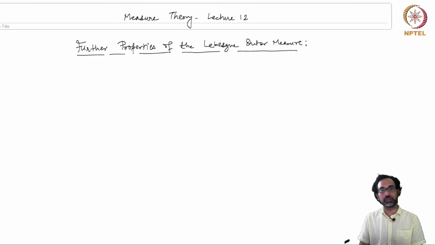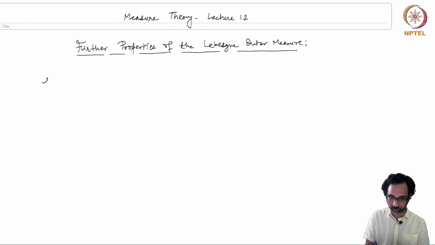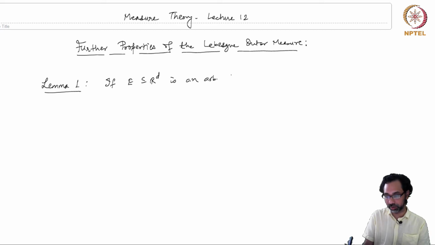We continue our study of the Lebesgue outer measure, and today we are going to learn some more properties of the Lebesgue outer measure. So the first one, I will put this as Lemma 1. This says that if E is an arbitrary bounded subset of R^d, then we have the following inequality